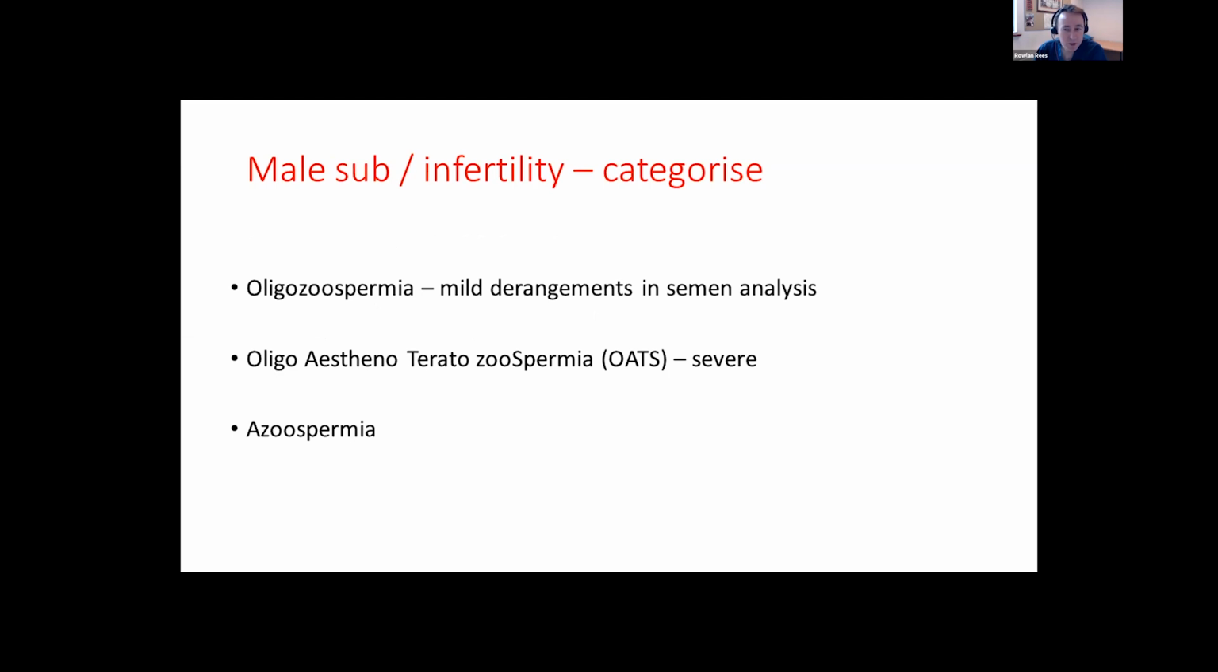When I think of male infertility, I tend to think about categorizing it into three sections, because basically this has an impact on how you're going to manage the patients. You have men with mild derangements in semen analysis, anything less than 15 million per mil, or men with very severe male factor infertility with very low numbers of sperm, changes in the appearance and in the motility of sperm, the so-called OATs, oligoasthenoteratozoospermia. And these men invariably will end up requiring ICSI IVF, whereas the oligos may respond to lifestyle factors,